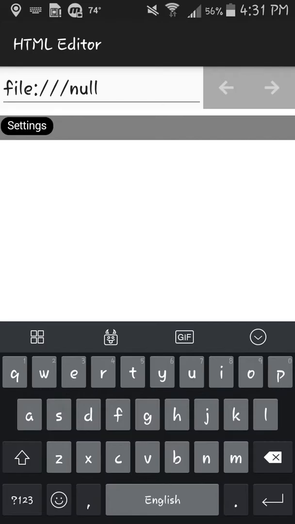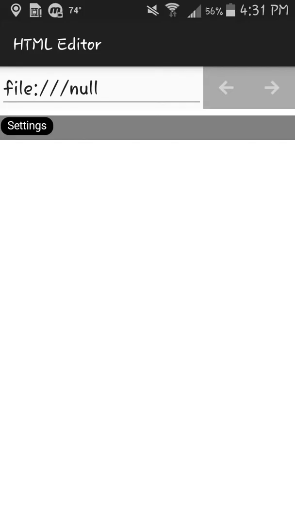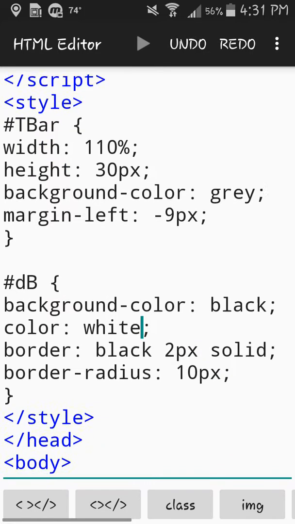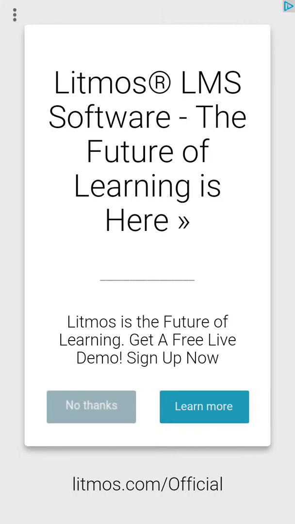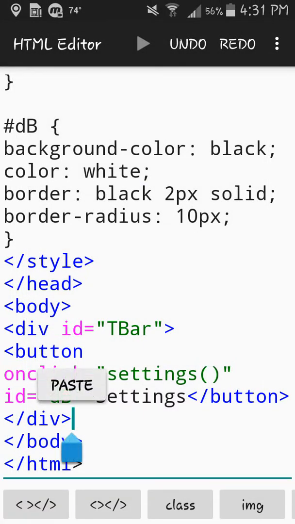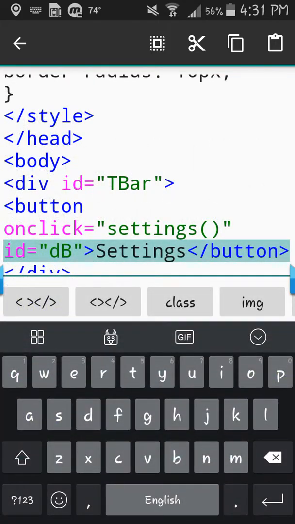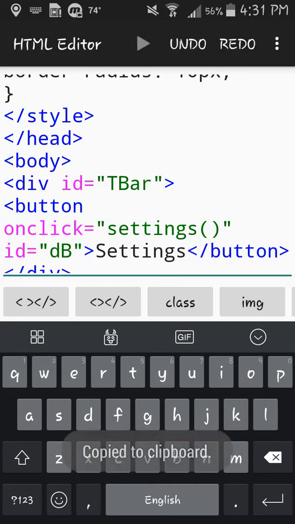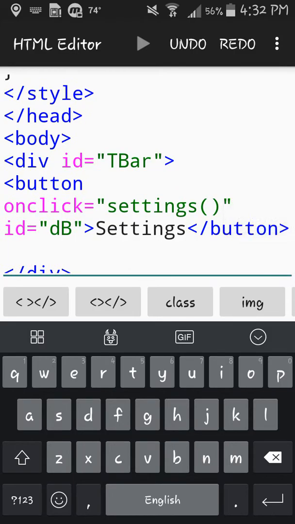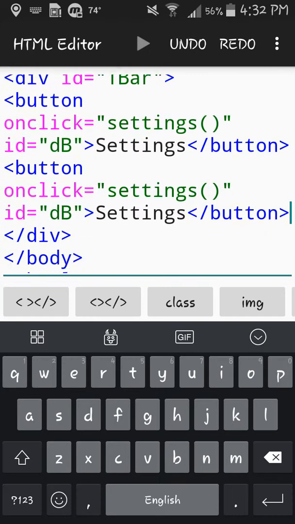Now, we want a couple other buttons. Now, the thing with ID is they could all have the same ID. Not too bad. But if you want them to have different things, but you don't want to keep making one for each ID, you can use something called a class. But I mean, we don't really need one. And this one will be